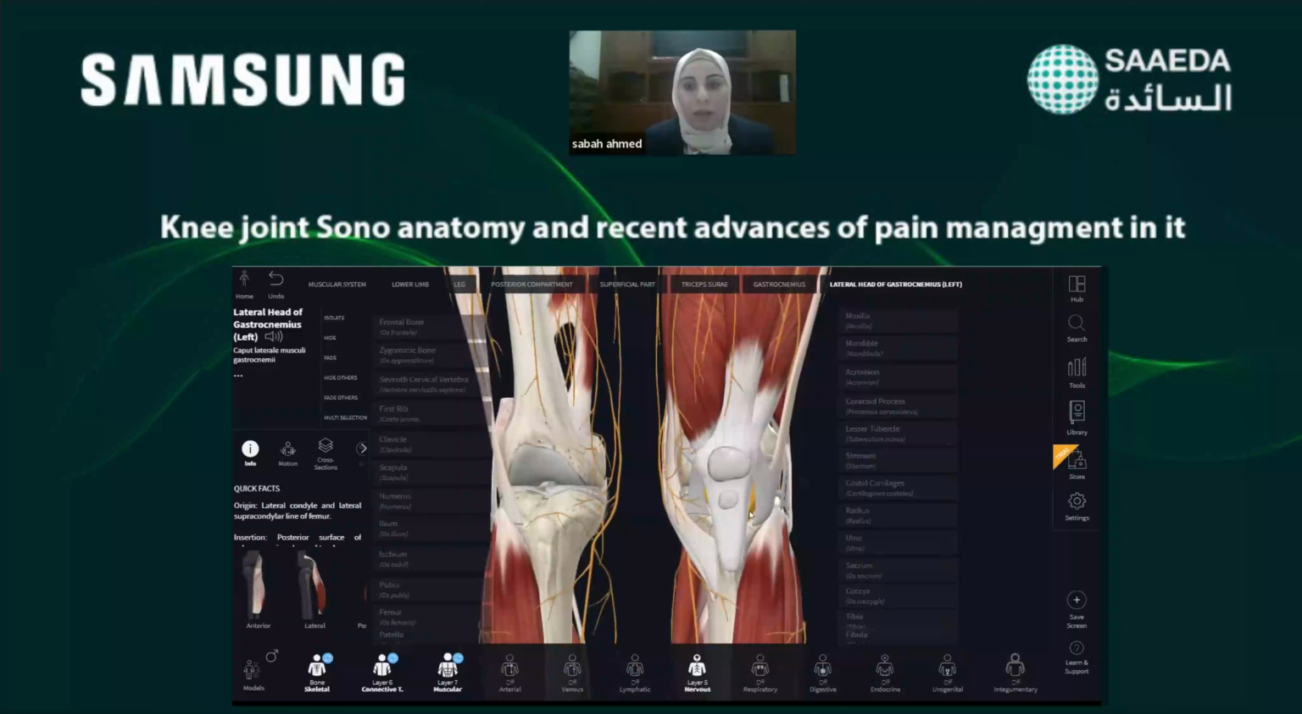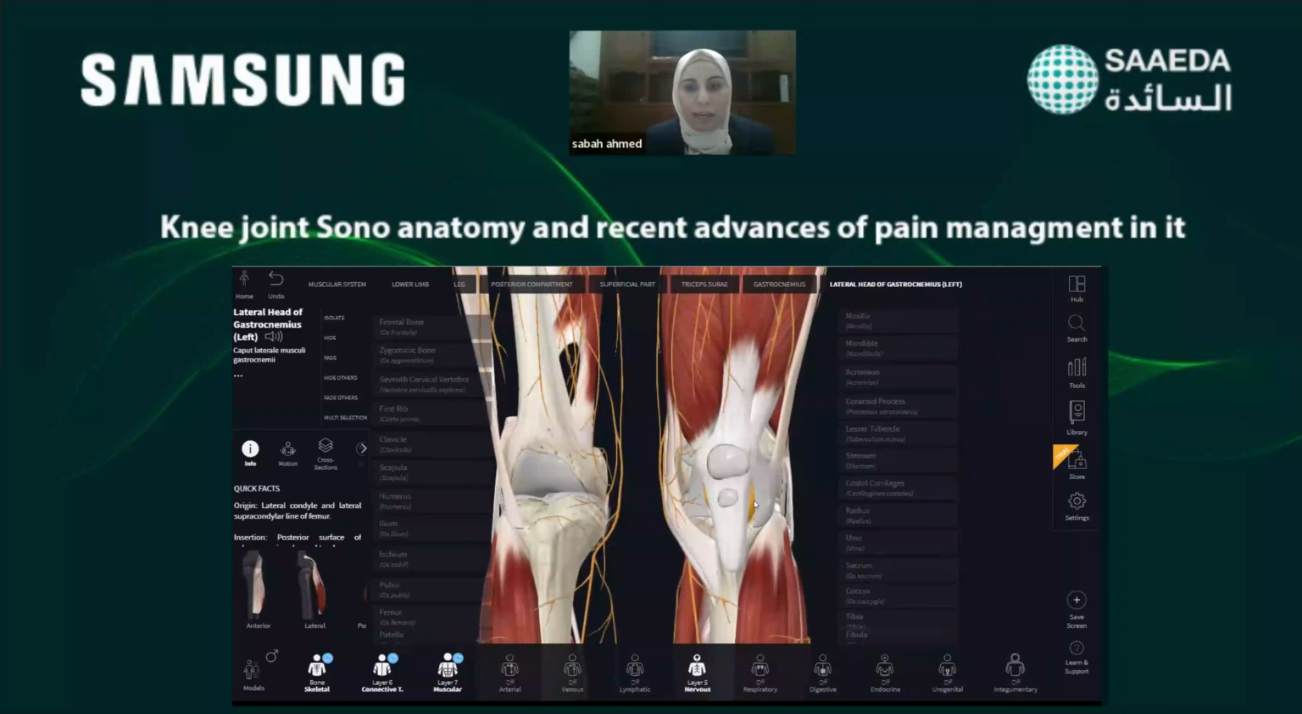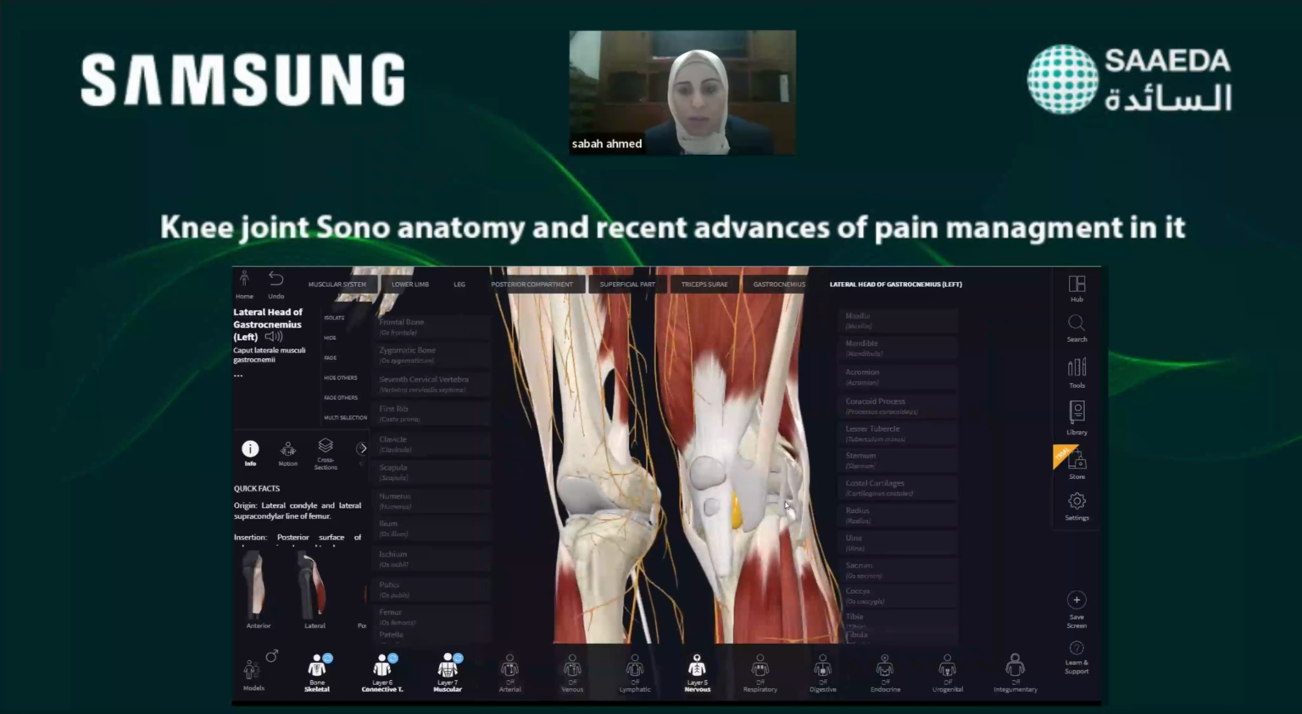So doing ablation of the nerves that we can do ablation for gives a failure rate of avoiding the knee pain, because sometimes we cannot do ablation for all nerves. So the most important